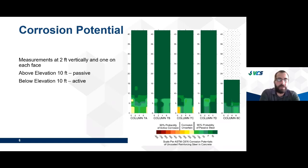And you can see that from about 10 feet up, the potential measurements were very passive. They were well above positive 50 versus a copper sulfate reference electrode. So that's an indication that the risk for corrosion is very low. However, the lower 10 feet had a much lower corrosion potential. Now, the values were not